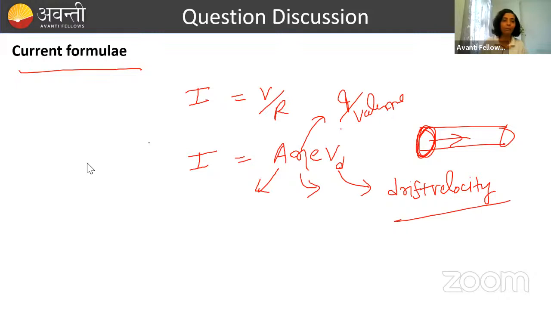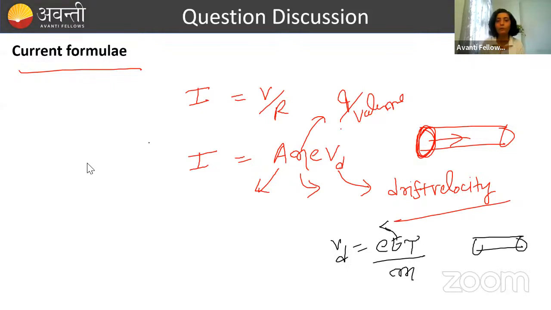What is this formula again? Vd can be written as what? So Vd can be written as e tau by m times E. What do these terms mean? e is the charge on the electron. E is the electric field. Suppose current is flowing through this rod. So if there is a potential difference,